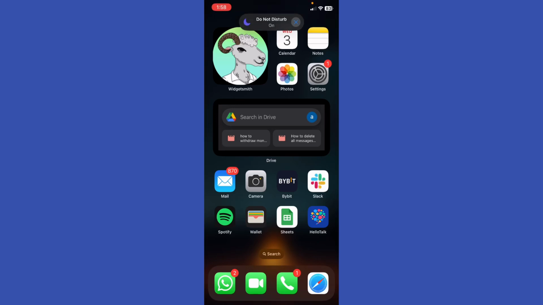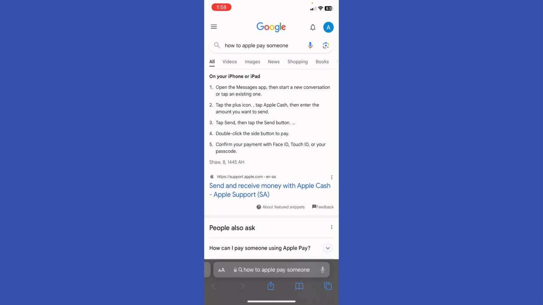How to Apple Pay someone. So what you're going to do, you're just going to go ahead to your browser, and if you want to pay with Apple Pay to someone else, just open the Messages app and start a new conversation, or tap the existing one,